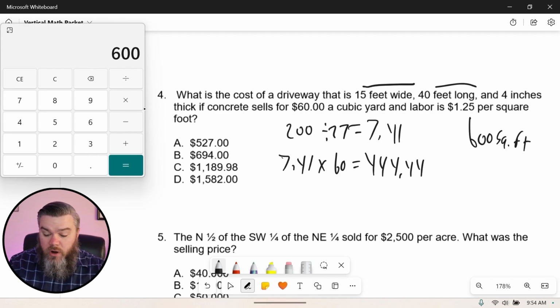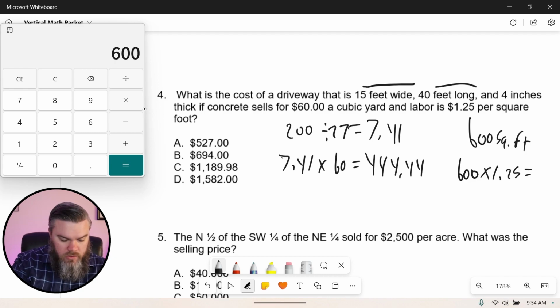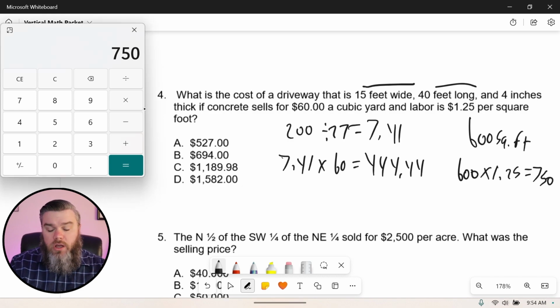And so 600 square feet times our cost per square foot, 600 times 125 should be 750. And so 750 plus our cost for the concrete of 444.44 should give us